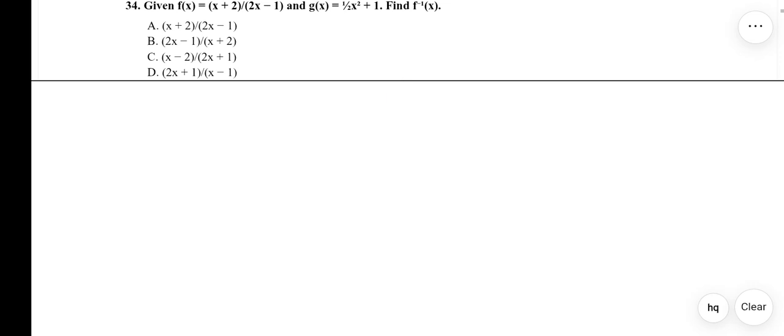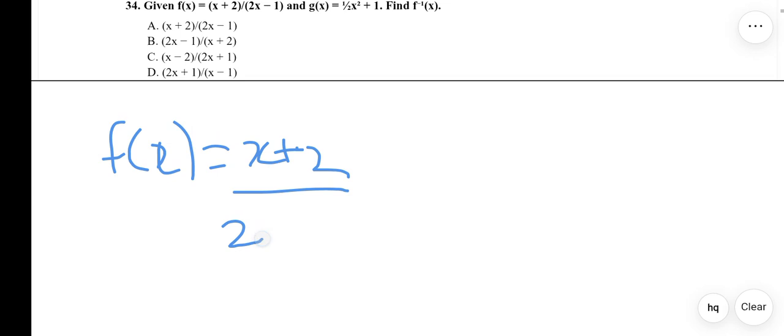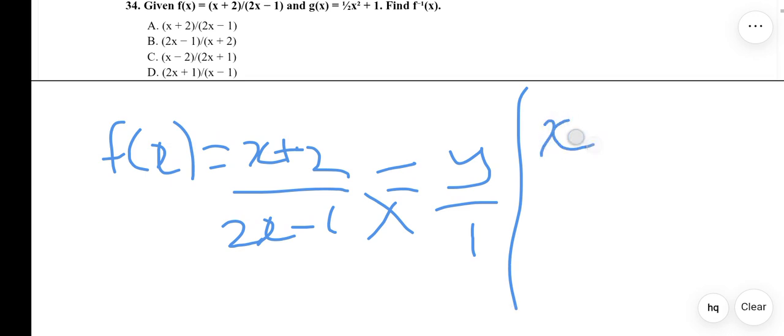We have this and we are asked to find f inverse of x. So what is our f inverse of x? We just say that our f of x is equal to x plus 2 all over 2x minus 1. So I was asked to find f inverse of x. So we will say that this is equal to y, and y is equal to y all over 1. So cross multiply, we are making x its own subject. So this x plus 2 times 1 will give me x plus 2 is equal to this y times